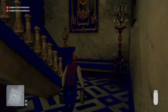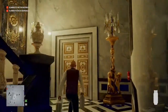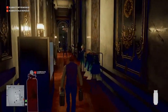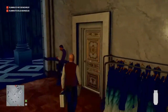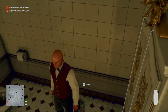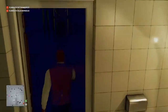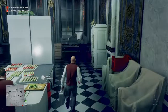So we're going to go up one flight of stairs and through the doors ahead of us, around to our right, and then around to our right again. And we're going to go into the bathroom that is just on our right here, with the staff member outside. We're going to place our propane cylinder in our hand on the floor, just so that we have one free hand. And then we're going to cross the corridor and into the kitchen area here,